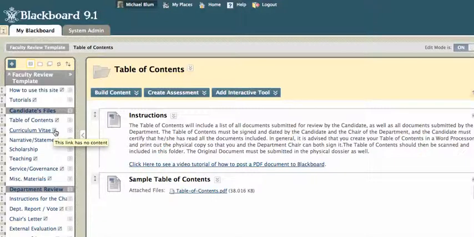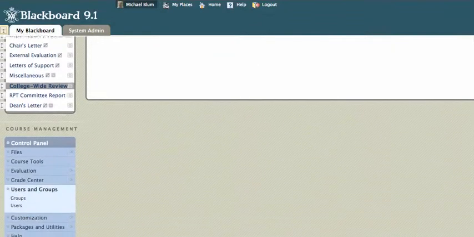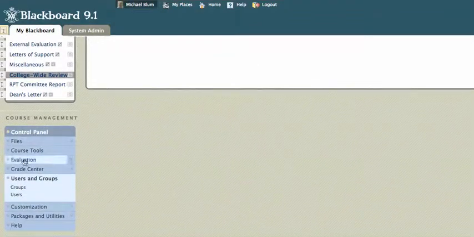So now the next thing that you'll need to do is make the site either unavailable to the faculty member whose dossier it is, or make that person a student in the course, depending on how you want to do things. And the way that you do that is, I'm going to scroll down to the control panel, and under users and groups I'll click on users,